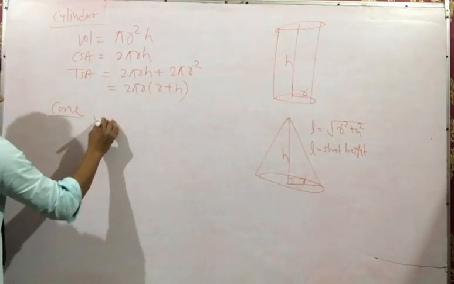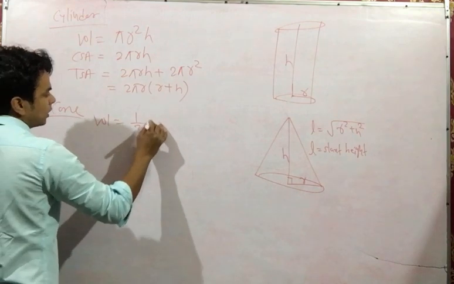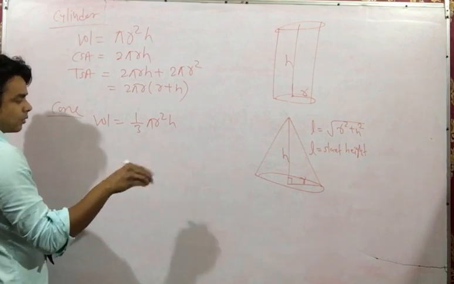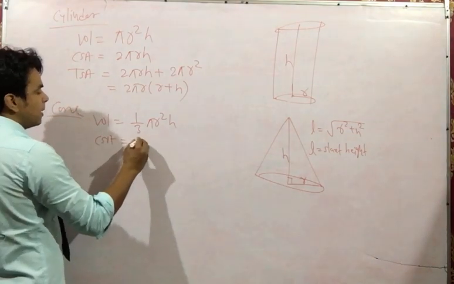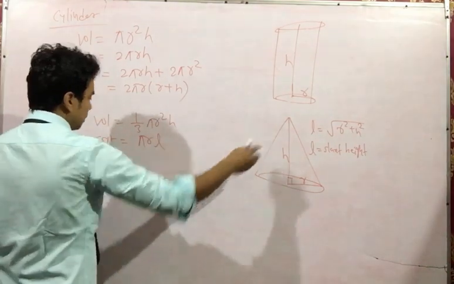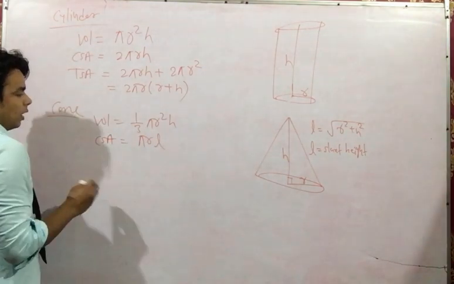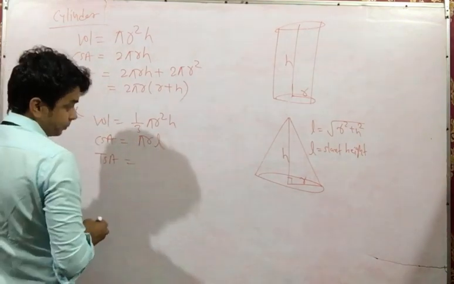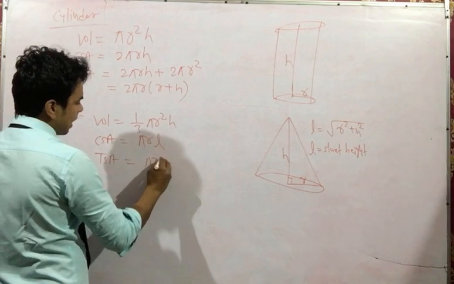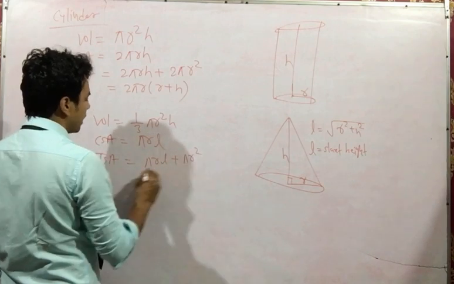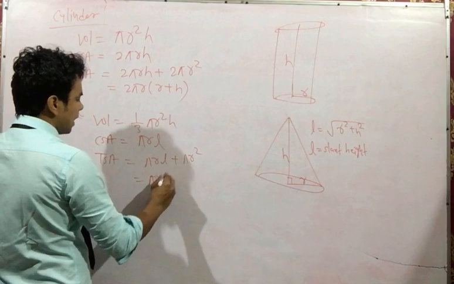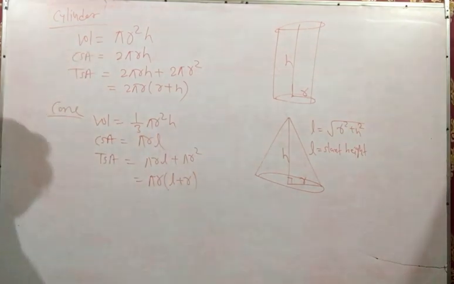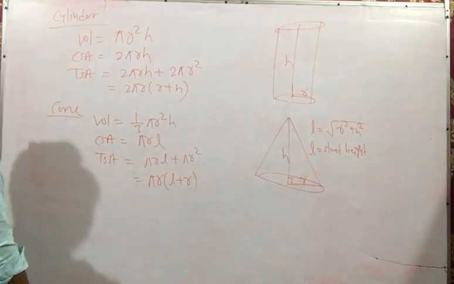Okay, so first of all I will find the volume. The formula for volume is 1 upon 3 pi r square h. After that you find the CSA, and the CSA will be pi r L. L is what? That thing. After CSA, the next part is TSA, total surface area. It is pi r L plus pi r square. It is pi r (L plus r). Pi r (L plus r) is the TSA. Okay. Now after this thing, cone is done.